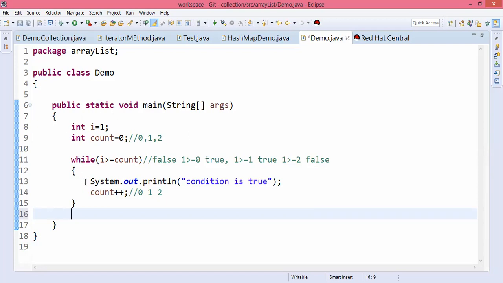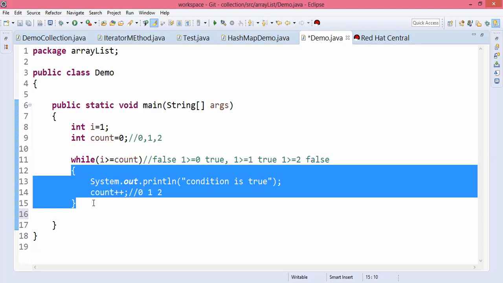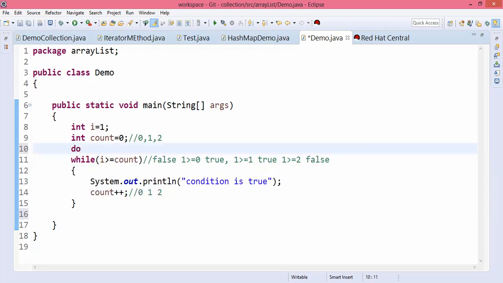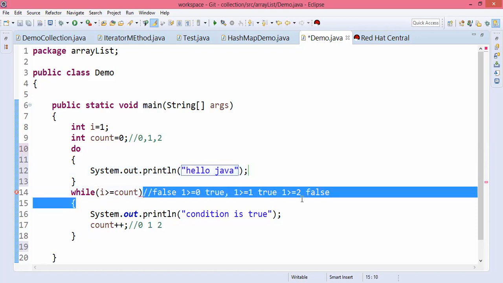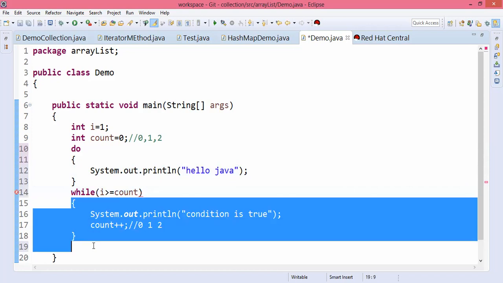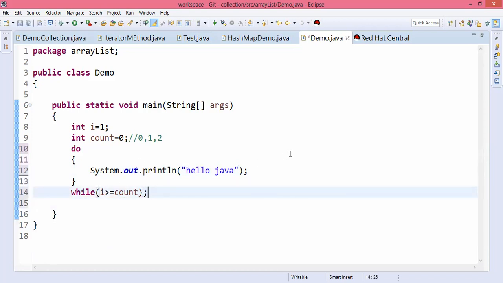Okay. If we want this while loop body to execute at least once, then we use the do while loop. So here, if we put do while, or we write do, then the body, like this, hello Java. Okay. Now